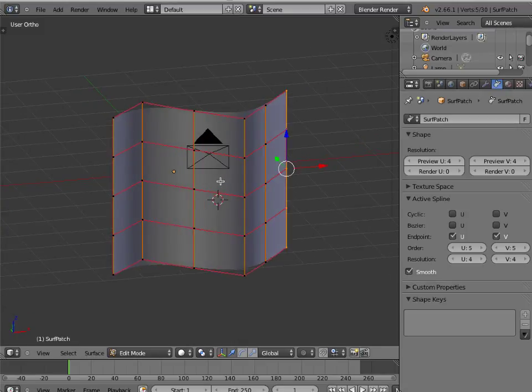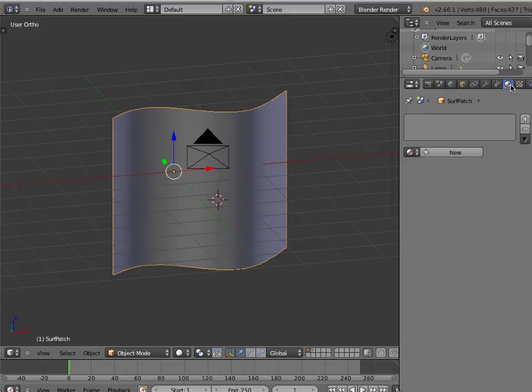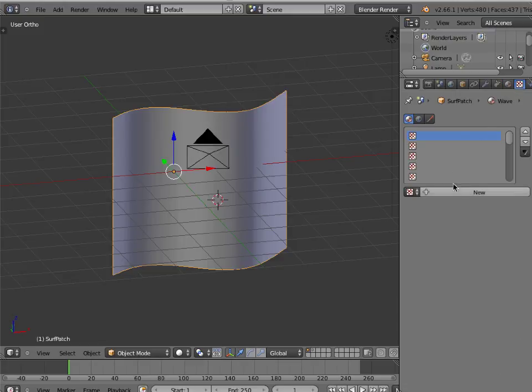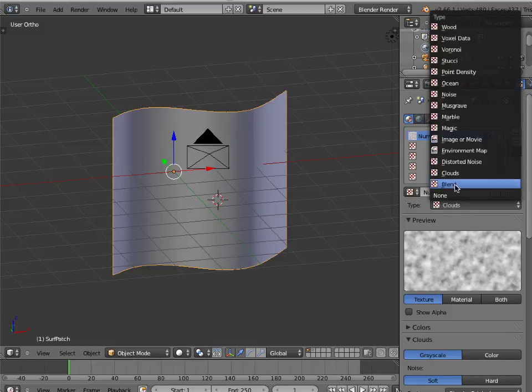I'll tab out of Edit mode and go to the Blender Materials Editor and add a new material. I'll name this material Wave. I will, for now, leave all of the default material settings and go to the Texture Editor and add a new texture. I'll name this texture Numbers. I'll change the type to Image or Movie